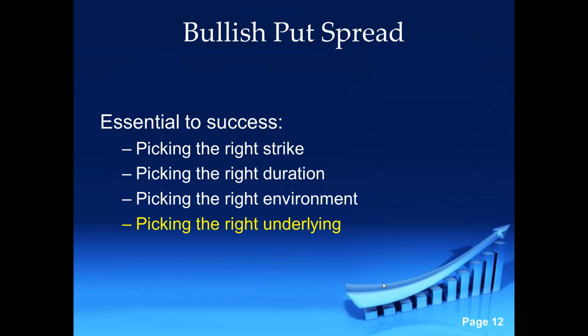I mean, picking the right underlying, you guys, this is really important, especially for newer option traders. Picking the right underlying really means that there's a lot of open interest and volume going on in these options contracts that we're trading. If you're trading something like AutoZone, everybody's heard of AutoZone, but just nobody goes in there and trades those options. And like Aon, everybody's heard of Aon, and a lot of stock gets traded on a daily basis in Aon, but at the end of the day, there's nobody in there playing in the options,